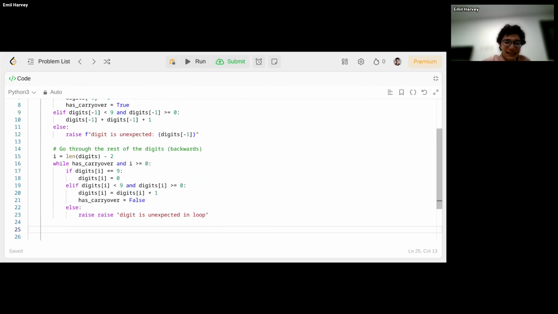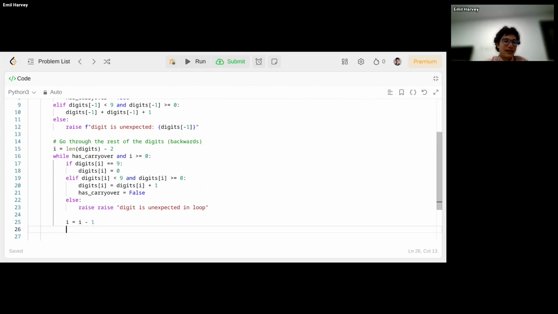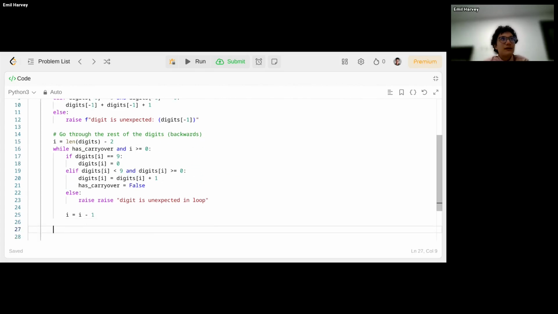And then the last thing is I do need to decrease i by 1, or else it's just going to be looking at the same index all the time. Unfortunately, Python doesn't have the same kind of for loops that you would see in C or C++. They use range-based for loops, which is generally very nice, but with Leetcode, it's the only annoyance I have with Python and Leetcode.